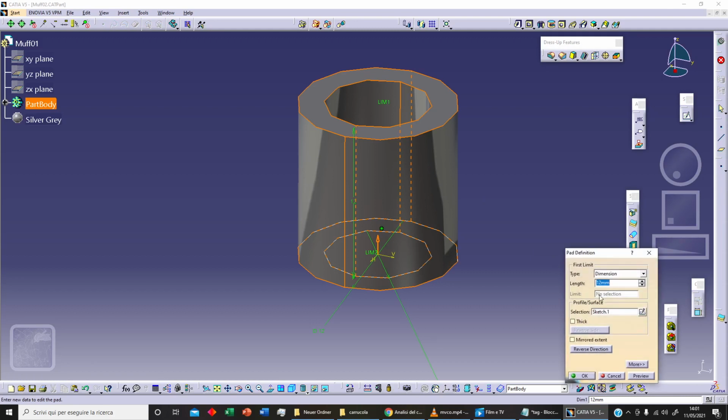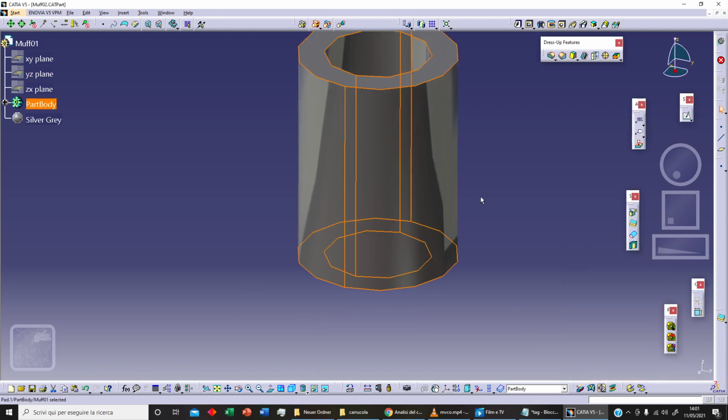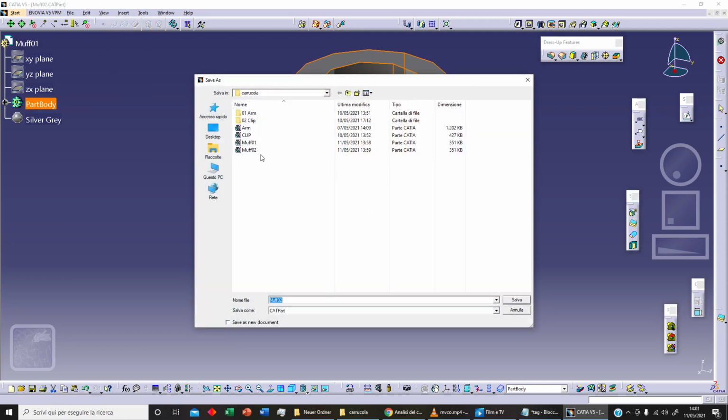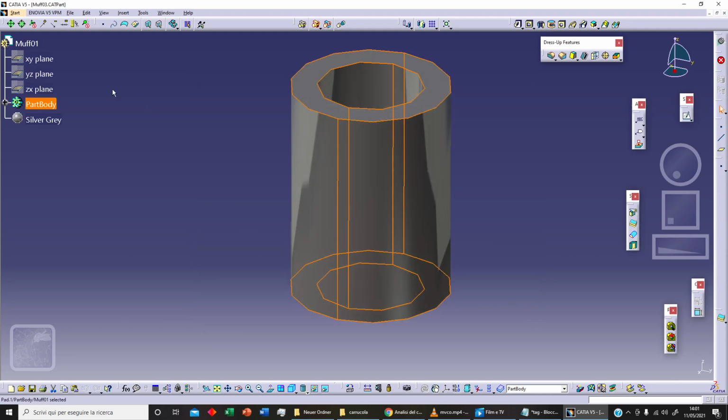And now with double click we can change this length, let's say 16, and preview and OK, and we can save this Muff 3, OK. But now we've got a problem. As you can see, we've got Muff 1, so we need to change